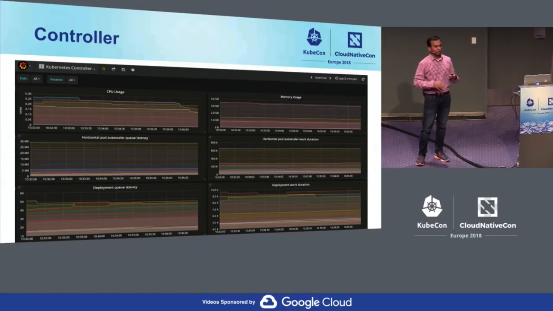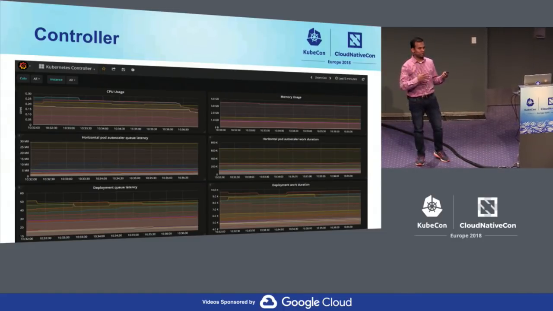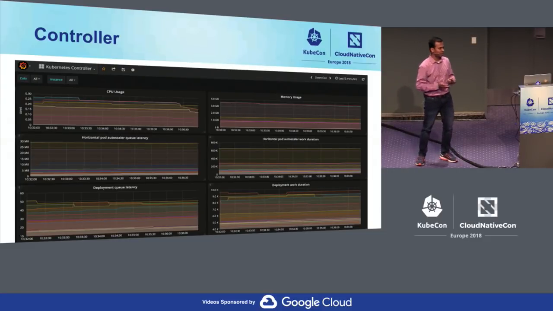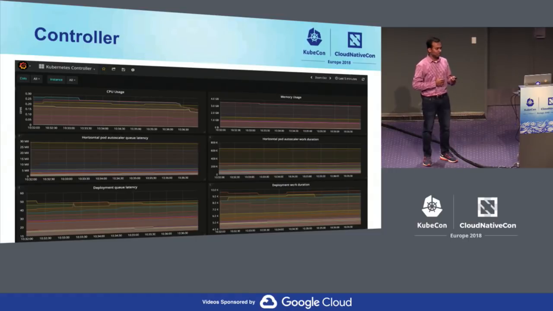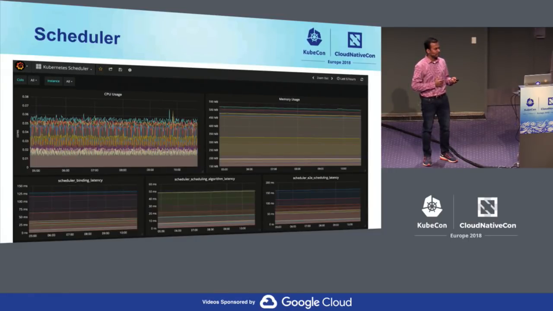Not to mention, we have a lot of Kubernetes control plane components here. So the controller, scheduler, we pretty much watch all these dashboards. For a controller, we have CPU usage. Each and every controller emits some metrics: horizontal pod autoscaler, deployment controller, daemon set controller. You can pretty much watch how these controllers are performing. Scheduler,